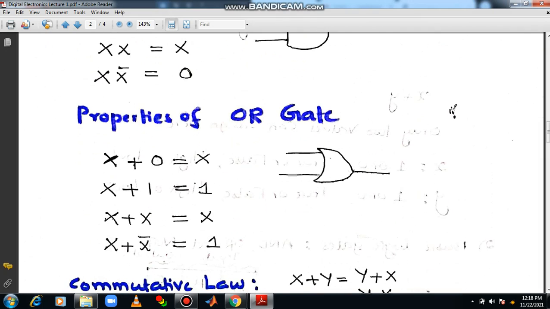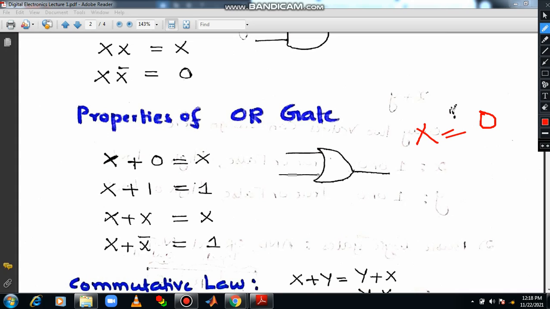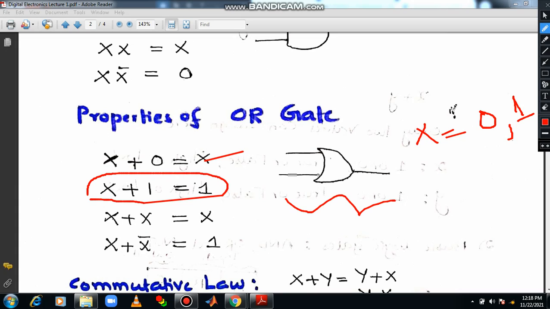If I talk about the OR gate, this is also very important. There are a lot of questions which you can see related to this area. x plus 0. You can see x is equal to 0 and 1. You can substitute accordingly and you can verify. Anyway, you know the operations of the OR gate. x plus 0 will be x. Then x plus 1. Many people will make a mistake regarding this. x plus 1 will always be 1 only. For example, see x is equal to 1. So what is 1 or 1? 1 or 1 will always be 1 only, no? Yes. So that is the logic.